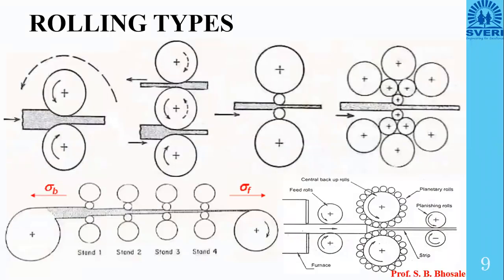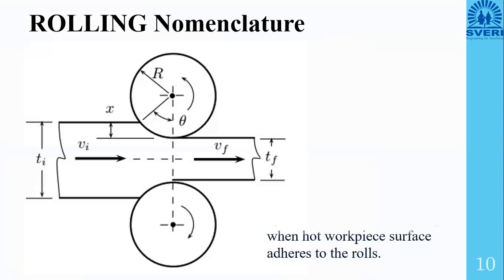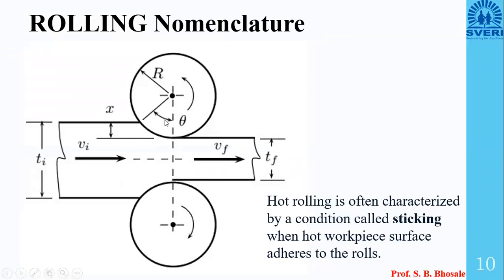Then the next important part is theta. What is theta? Theta is called the angle of contact. It means the billet is coming into the rollers, it touches the roller here and it leaves the roller here. Okay, so on the lower side you can find it leaves the roller here. So for this particular angle there is contact between billet and roller. This is called the angle of contact.